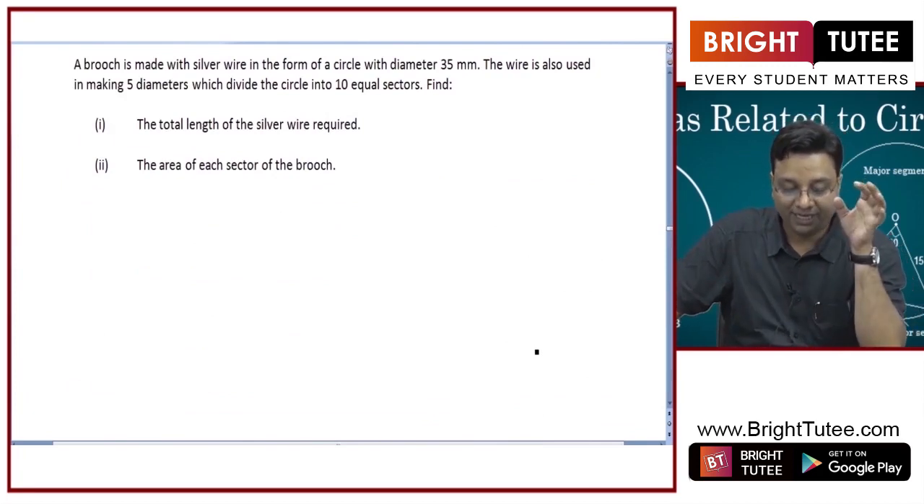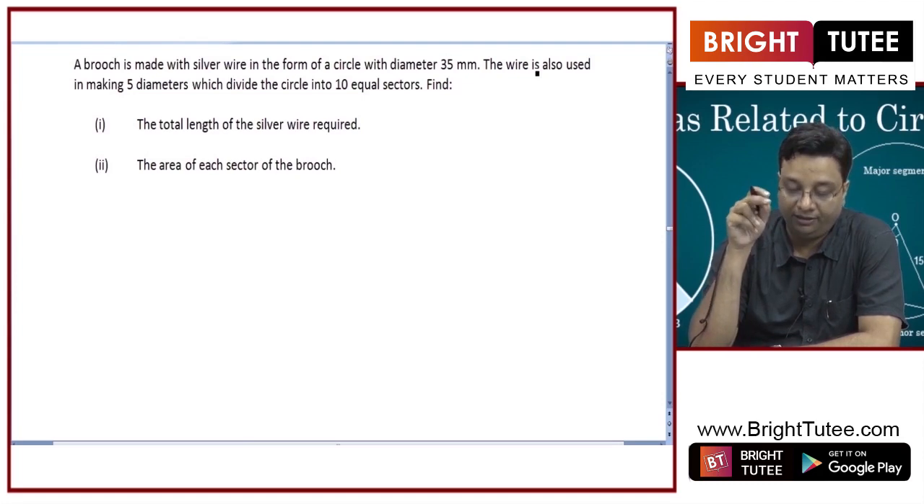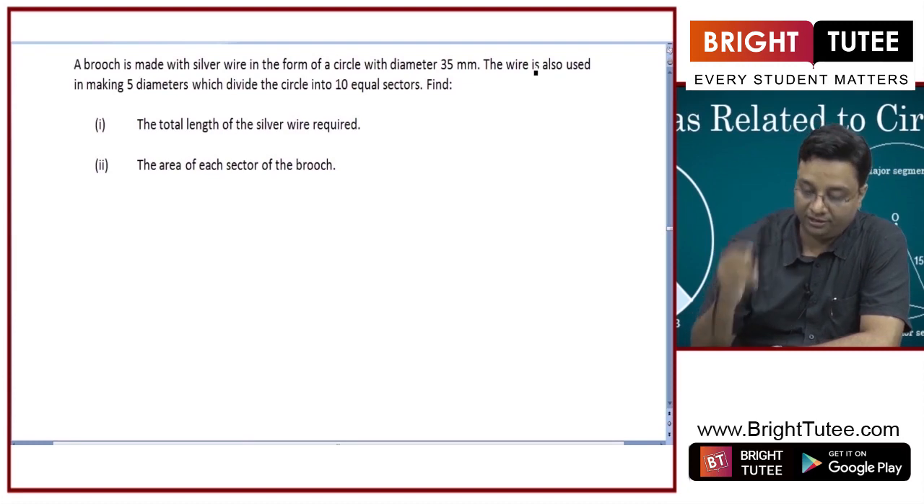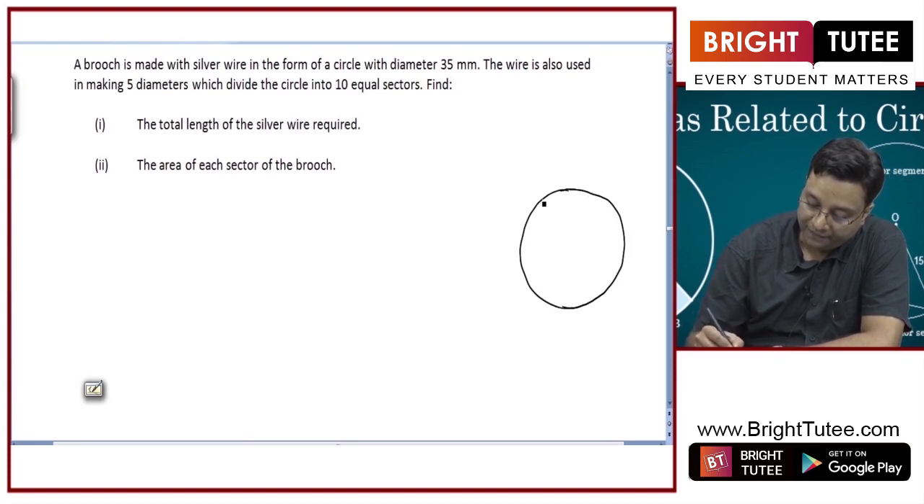Now a brooch is made with a silver wire in the form of a circle, whose diameter is 35 mm. The wire is also used in making 5 diameters which divide the circle into 10 equal sectors. So the figure will be something like this. There is a circular brooch, and there are 5 such diameters,